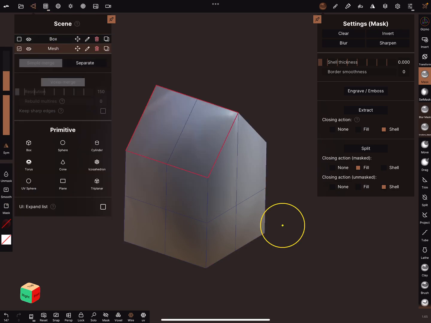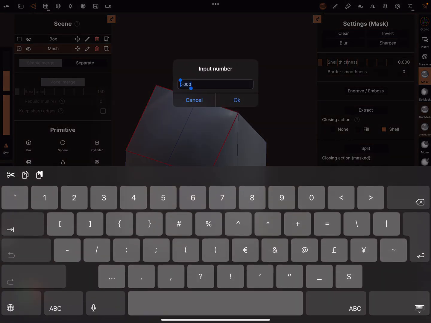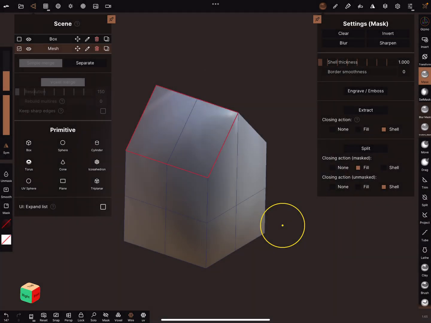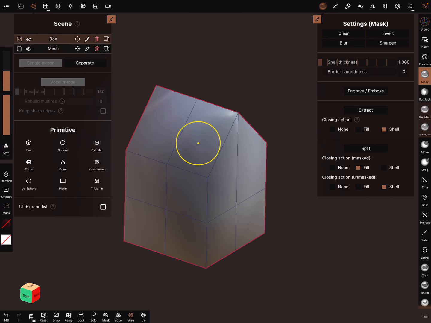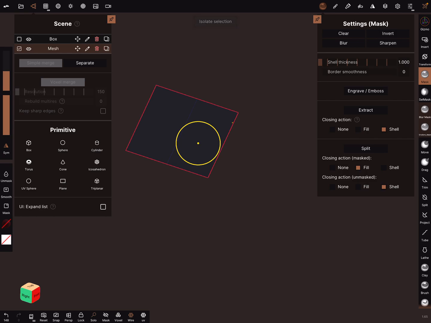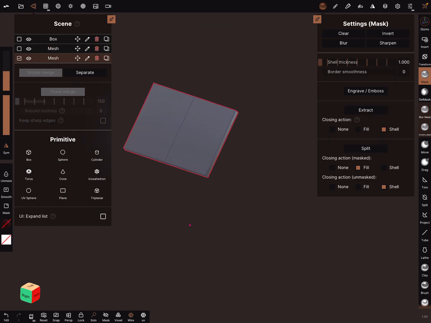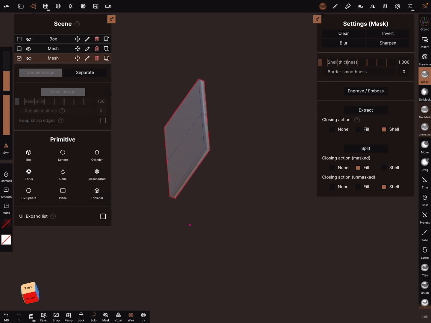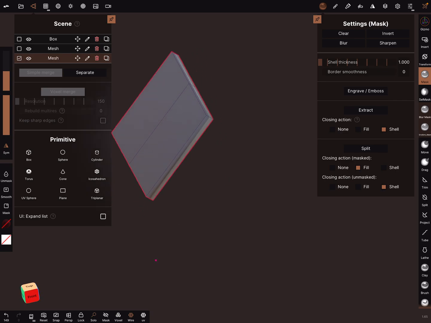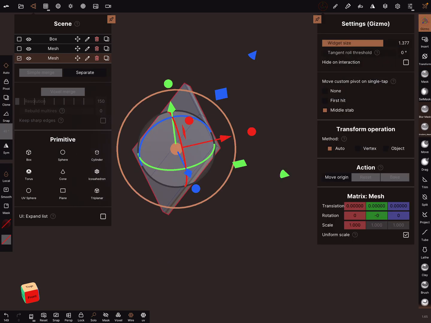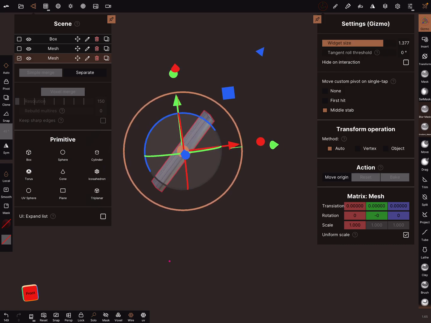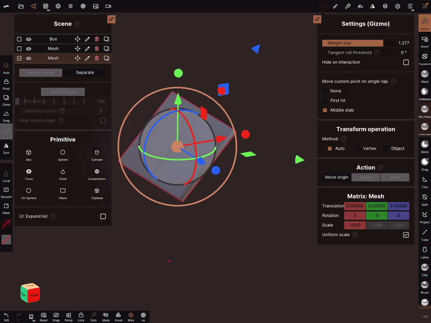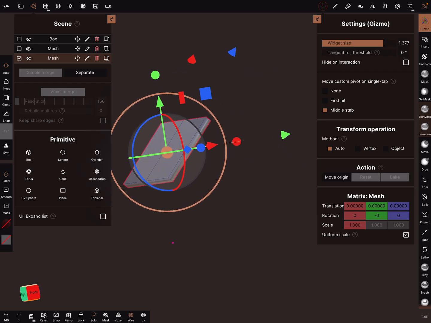Here, when you choose now your mesh, you can change the shell thickness and you can extract it. Oh, you have to mask it. Solo view mask is okay. Extract it. But with this method, you are not able to adjust the object. When you now go to the gizmo, it is not in the right position and it's not very quick.